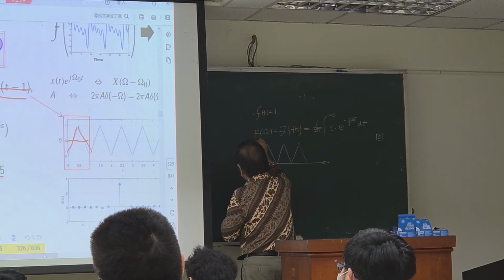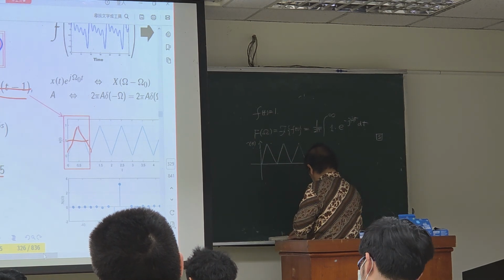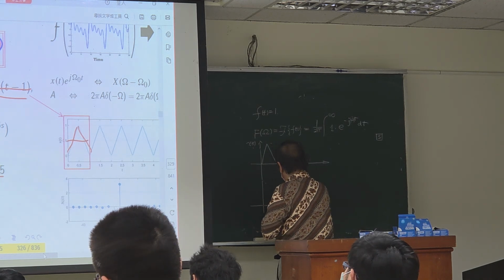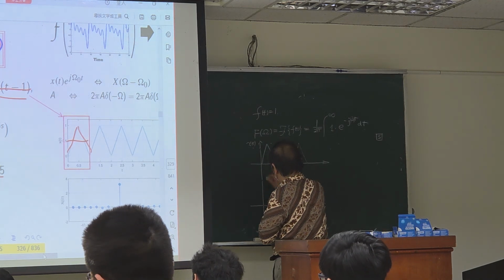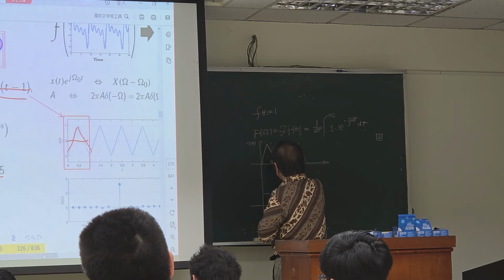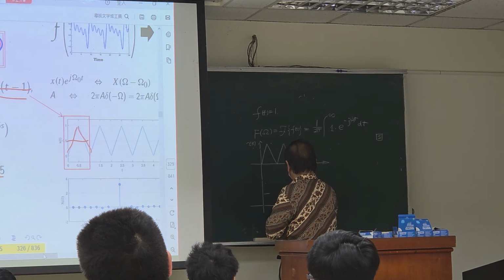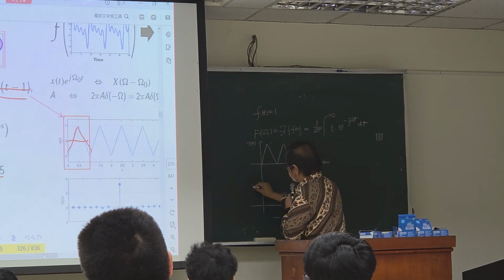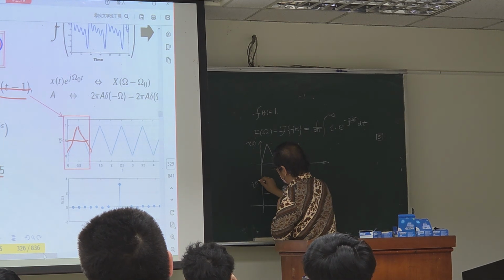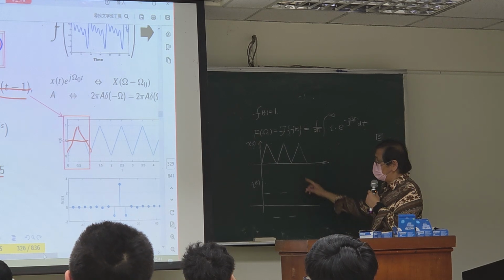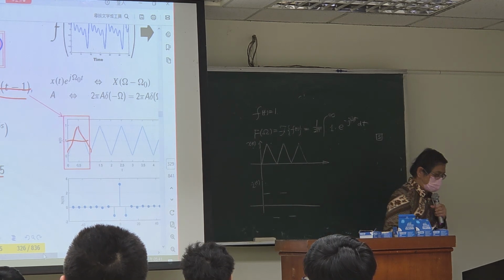This is x of t. Now, if you differentiate this function, positive, negative, positive, negative. This is x dot of t. The first order derivative becomes discontinuous. So, which means the coefficient will be